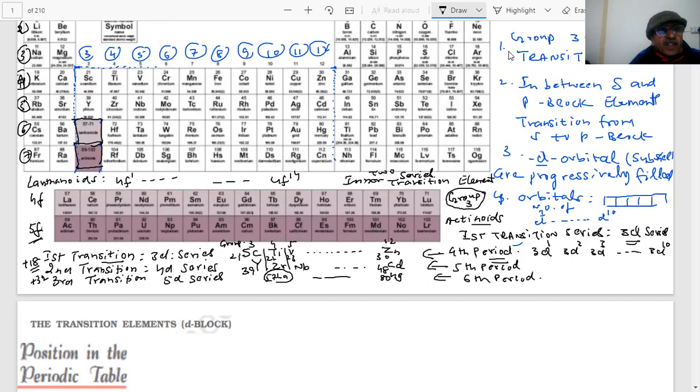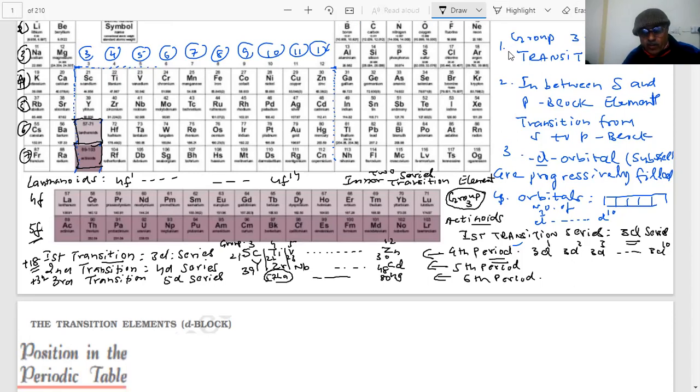After this, the seventh series is incomplete. As you see the names of these elements, these elements are highly unstable and the series is totally incomplete. These elements are also rare earth elements because they are present in very small amounts. And in actinides, these elements are radioactive. The study of radioactive elements is very difficult, and they are present in trace amounts, very small amounts.